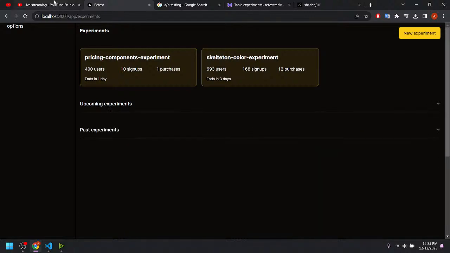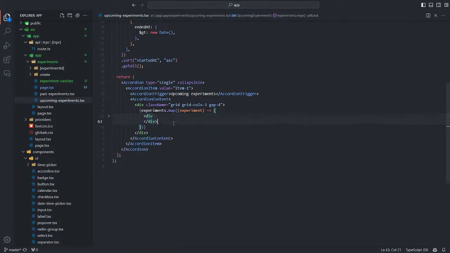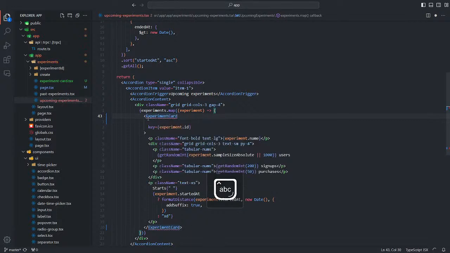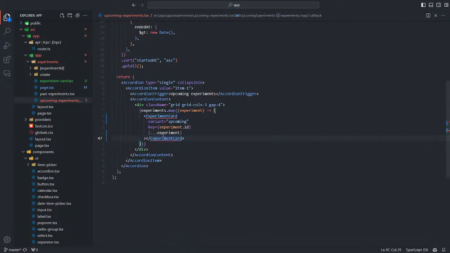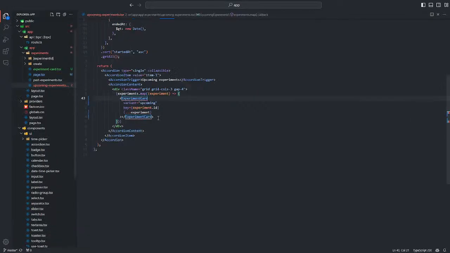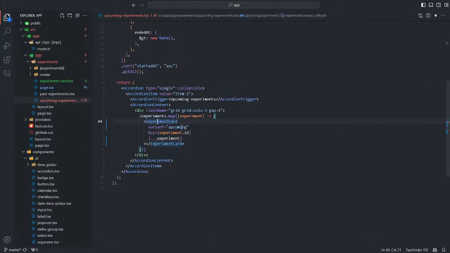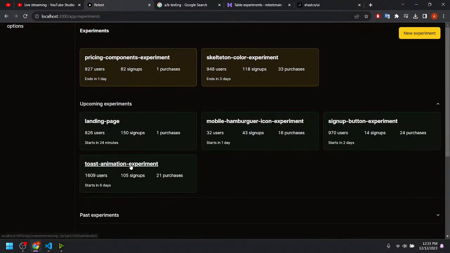Let's test with upcoming events. Experiment card, variant upcoming and spread experiment. Look, look, look. Okay, I don't like that. And okay, now upcoming events is green.